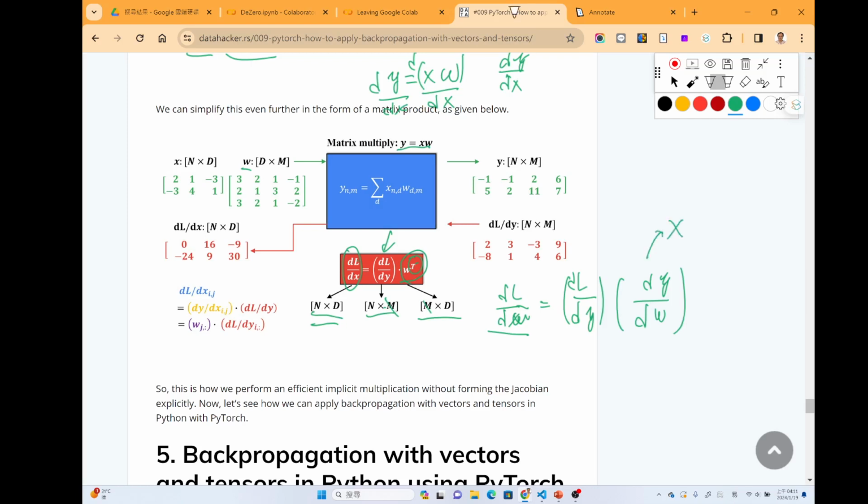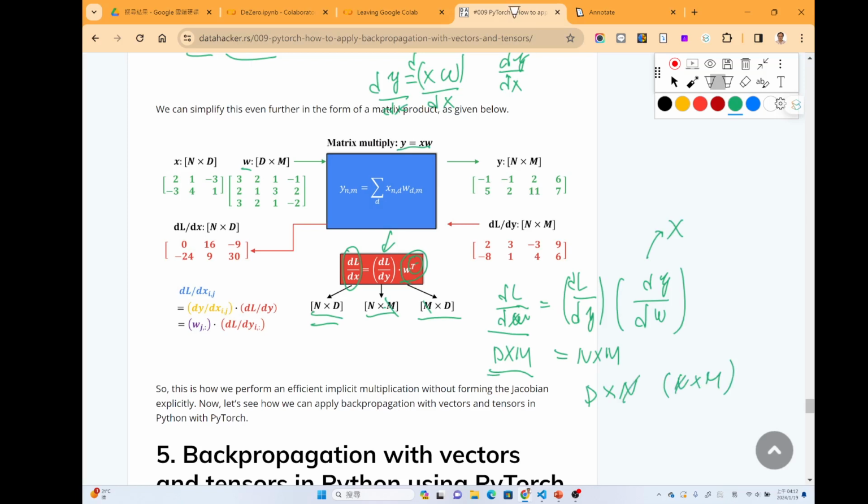So the only thing we need to do is make sure the dimension is correct. So for example, for the dw of dl, w is d by n, and then the dl of dy is n by n. So in order to have this, we need to have some matrix which is d by n here, and then the n by n. So we can cancel these two to get the d by n.